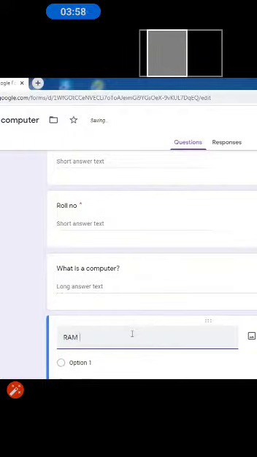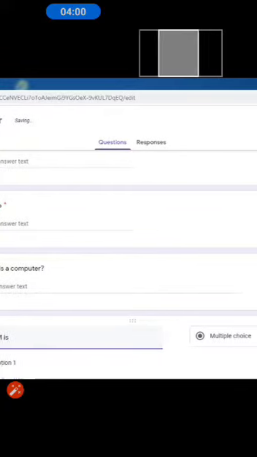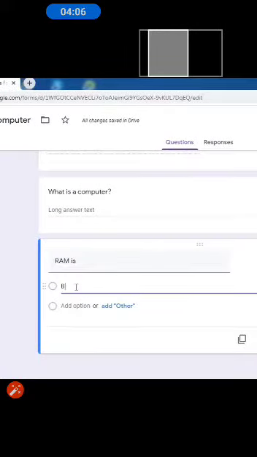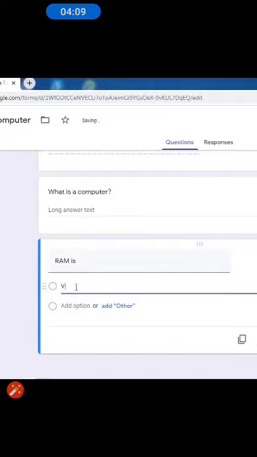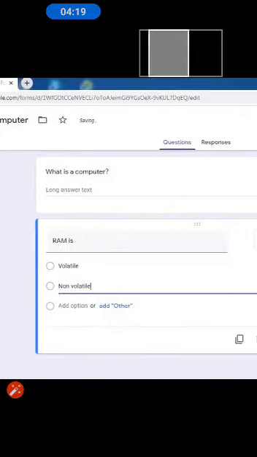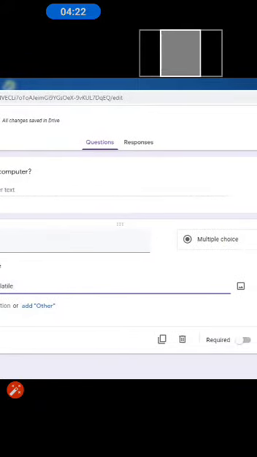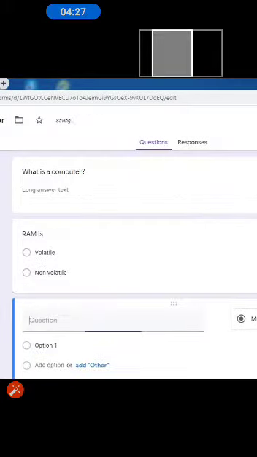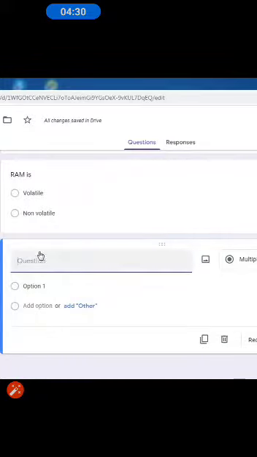Next, we give the next question, RAM is. I want to make it a multiple choice. So first option, I type as volatile. Second option, non-volatile. Okay. After that, I came to the next question,